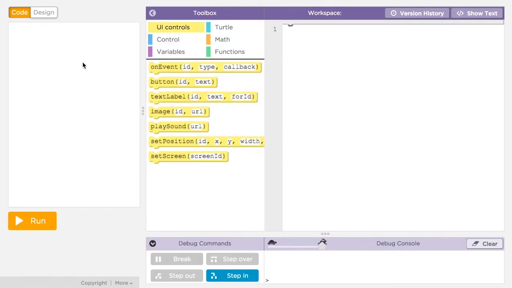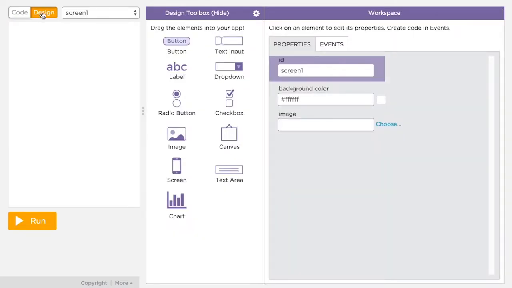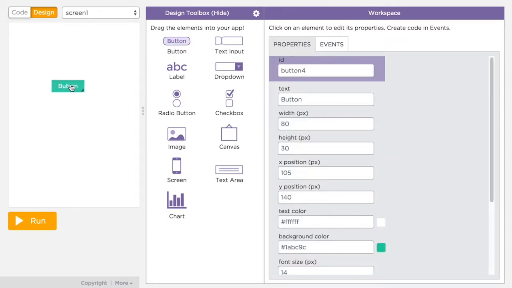In AppLab, you'll see a switch right above the app that switches the toolbox from Code Toolbox to the Design Toolbox. We call this switching into design mode. In design mode, you can drag and drop user interface components onto the screen and position them wherever you like. You can also easily resize an element on the screen by clicking and dragging the little handle on the bottom